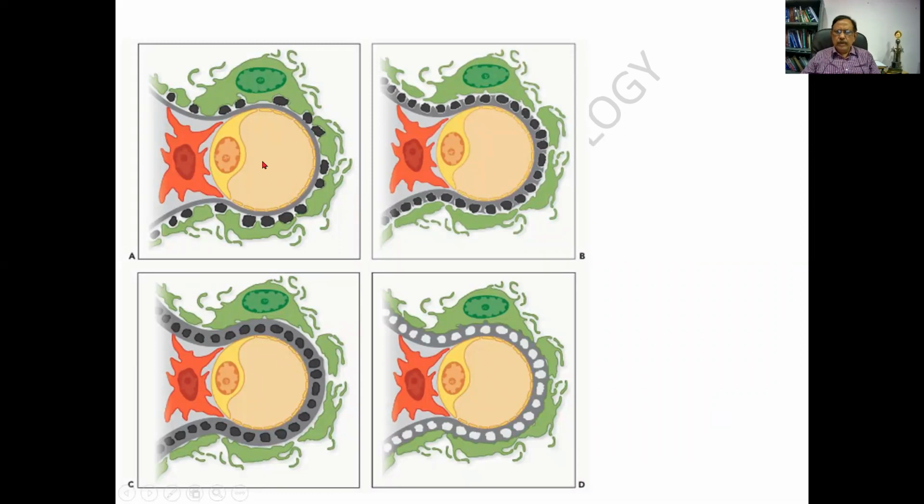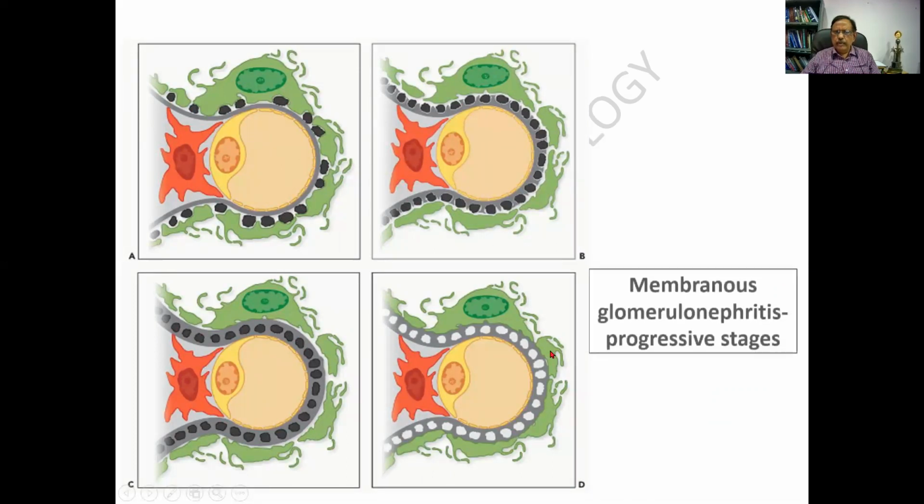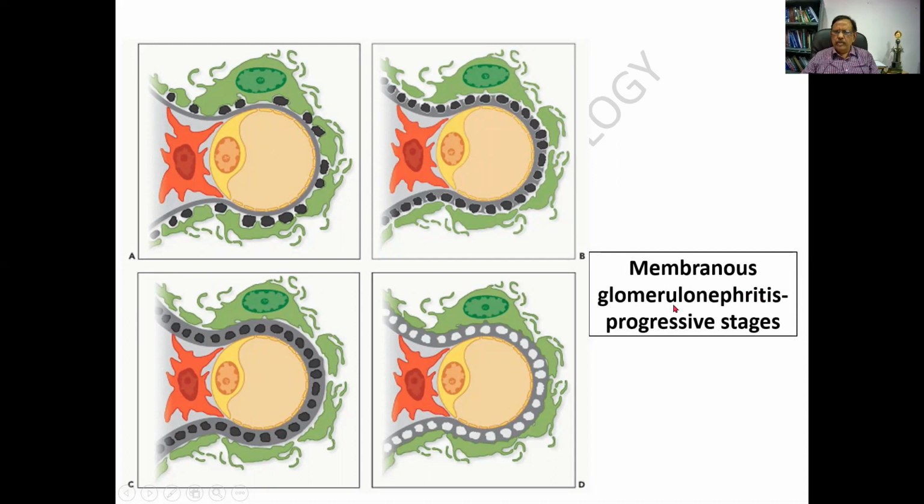This disease is progressive. In the early stages, I find that there is some interrupted deposits, and slowly you find that they are being engulfed by the basement membrane. And finally, it is almost in the middle of the basement membrane with normal membrane on either side. And towards the end, it is totally covered with the basement membrane, so much so I cannot see the deposits. So these are the progresses of the membranous glomerulonephritis.